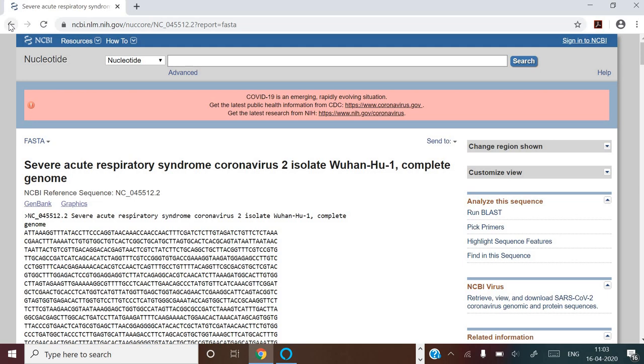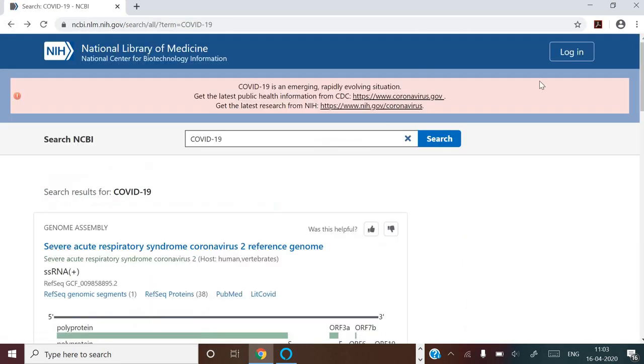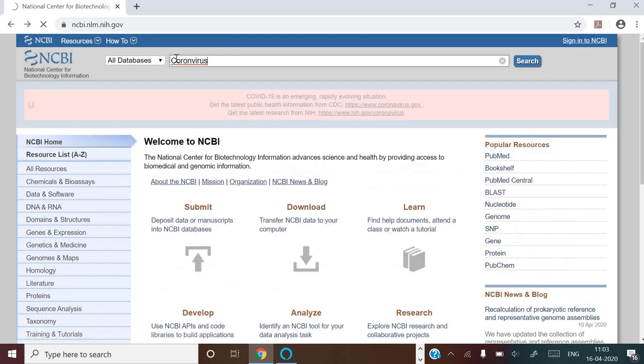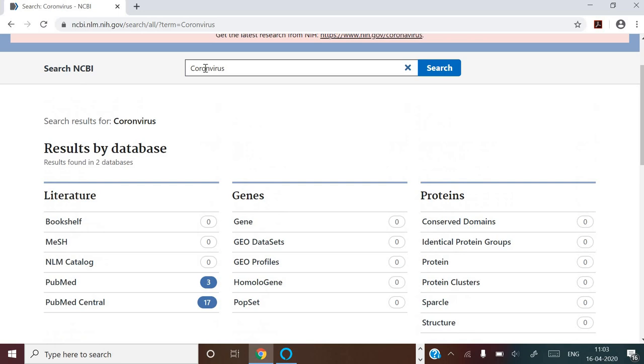You can also go for other purposes, like if you want to see the publications related to this coronavirus. They may be in the form of books, or articles published in journals. So again, I typed all databases and coronavirus, and you'll find different results opened.